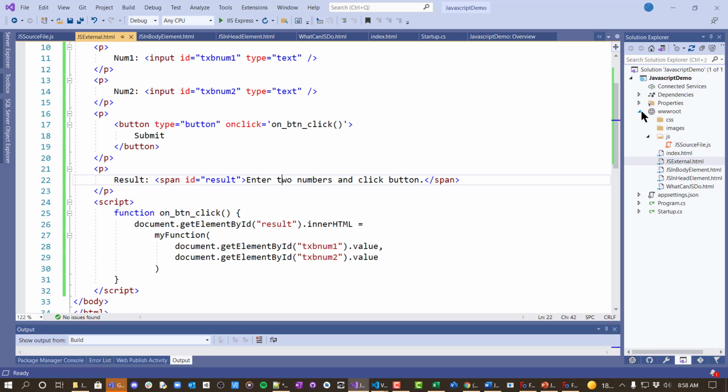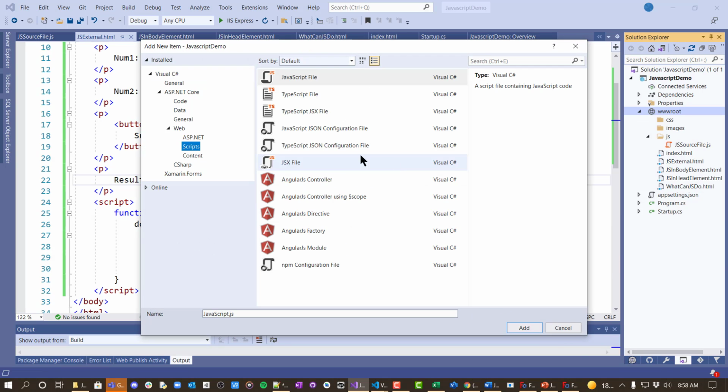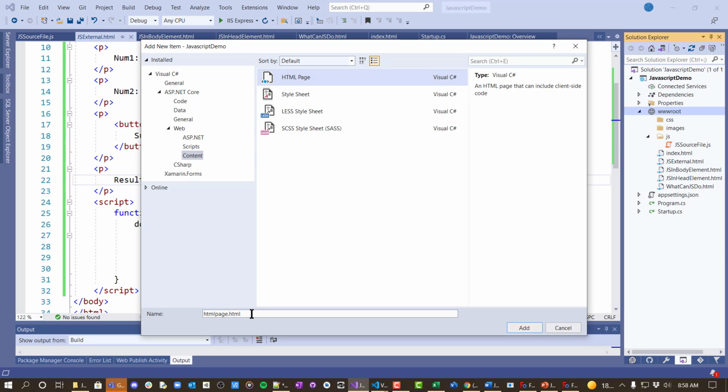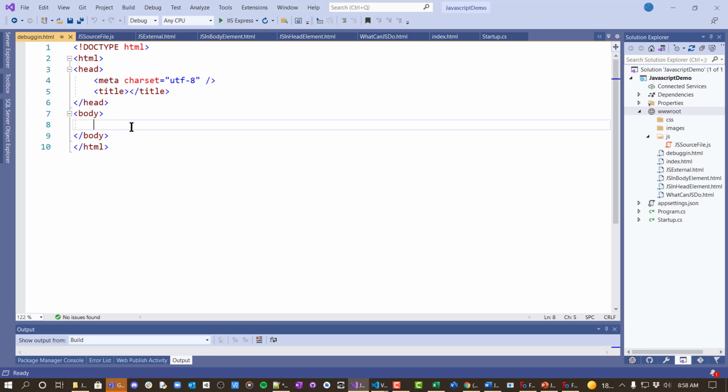So under root, we'll add a new item, and we're going to call this debugging.html, and in here